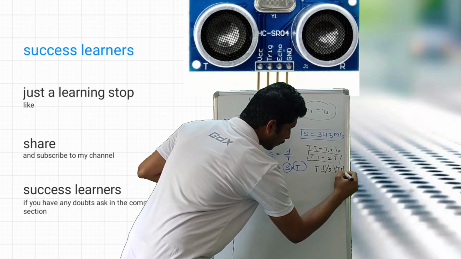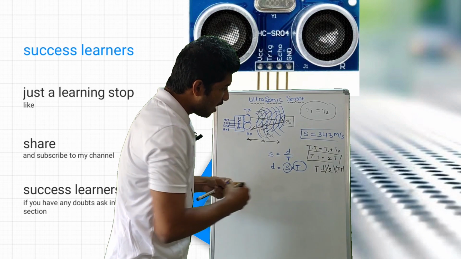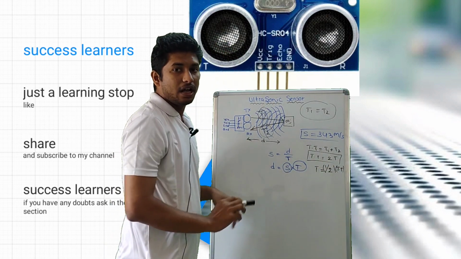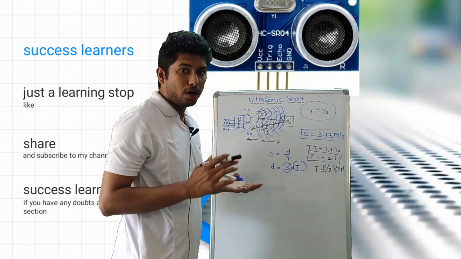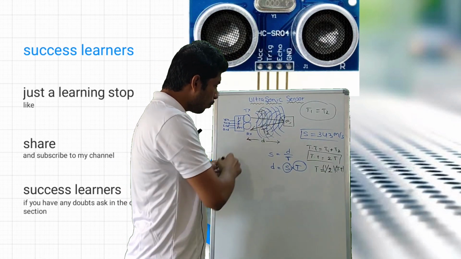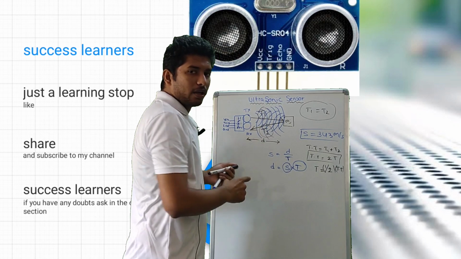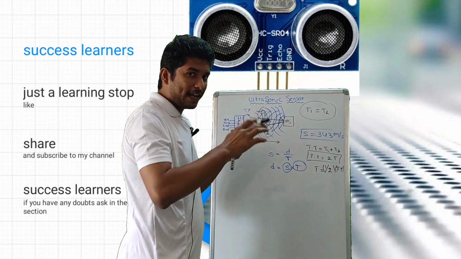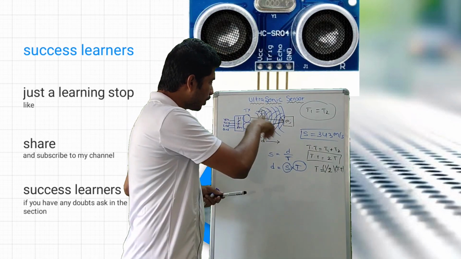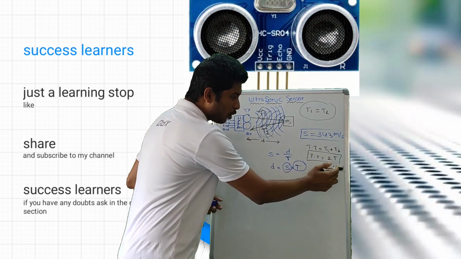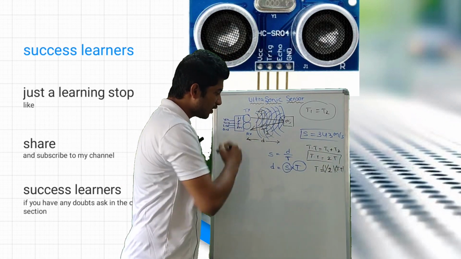total time. The total time we will get from the ultrasonic sensor. In the Arduino Uno board, from the Arduino Uno software, in the serial monitor we can check the time delay using the ping module. I will explain there how we are going to calculate the time. We are going to get the total time using the ultrasonic sensor.